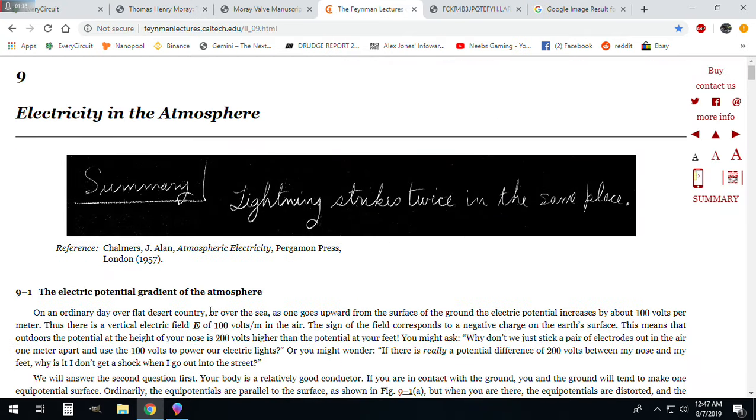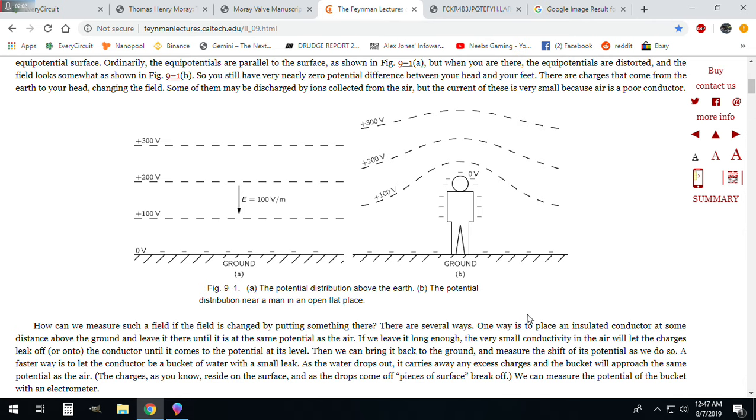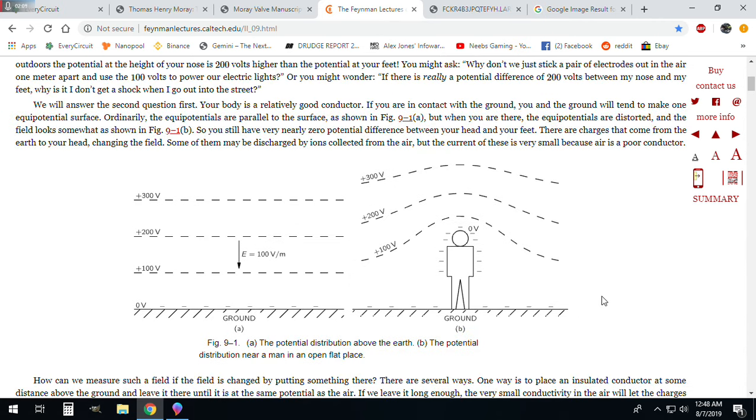So first off, this is Feynman Lectures, Caltech EDU _09. If you search Feynman atmospheric electricity, you'll find it. So this is a real simple concept here. I know not everybody's going to know all this stuff I'm talking about, so I'm going to try to keep it simple. Basically, there's static electricity